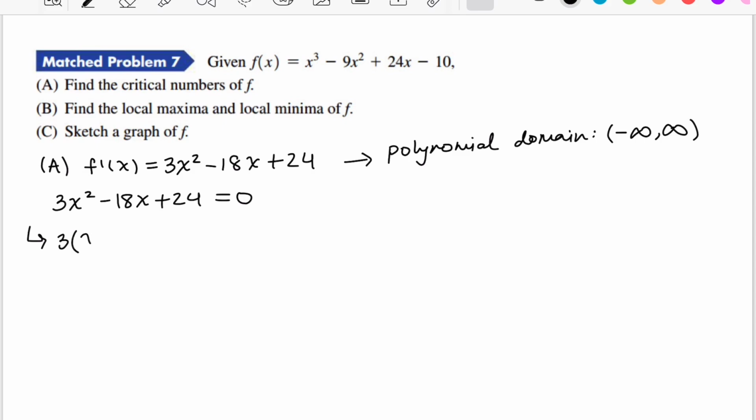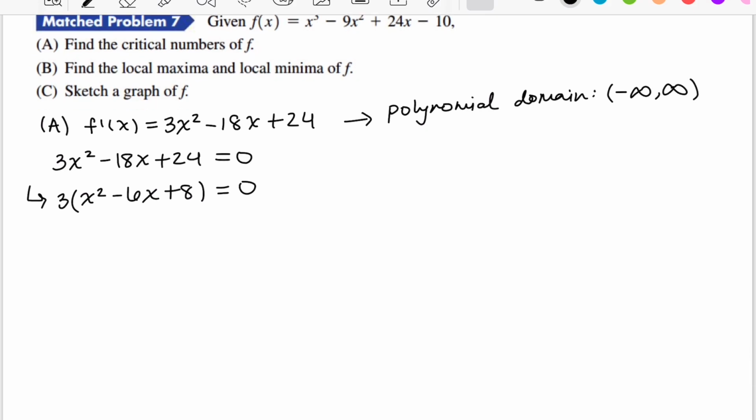We can pull out a 3 from every term here. If we divide both sides by 3, we're not really changing anything. We just have 0 divided by 3 on the other side, which is 0. And so we're left with this, and we can factor. We want two numbers that will multiply to be positive 8 and add to be negative 6. So that looks like negative 4 and negative 2. All right, so this tells us